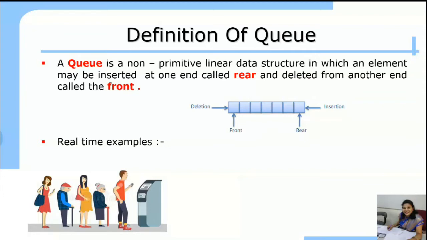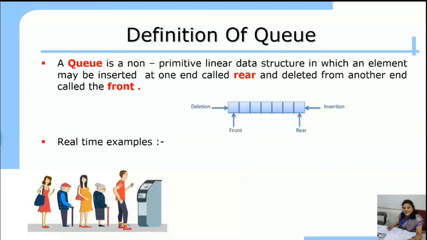So the first person is at the front location and the last person is at the rear position. If another person comes, they will be inserted at the rear side, that is, after that lady. And who will be removed from the queue first? The red t-shirt person, because he is at the front side.